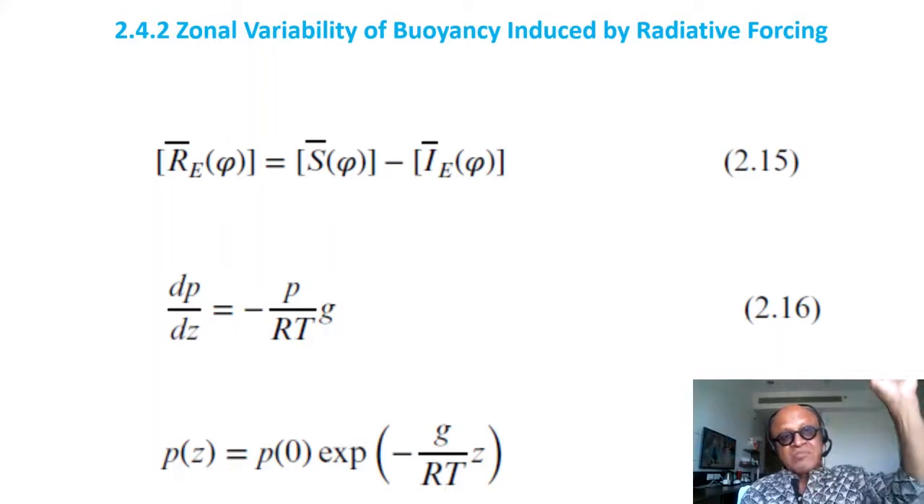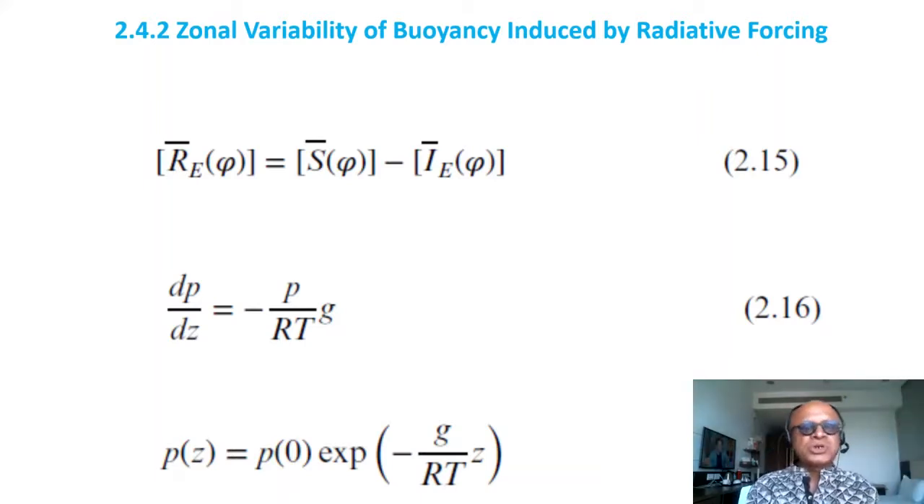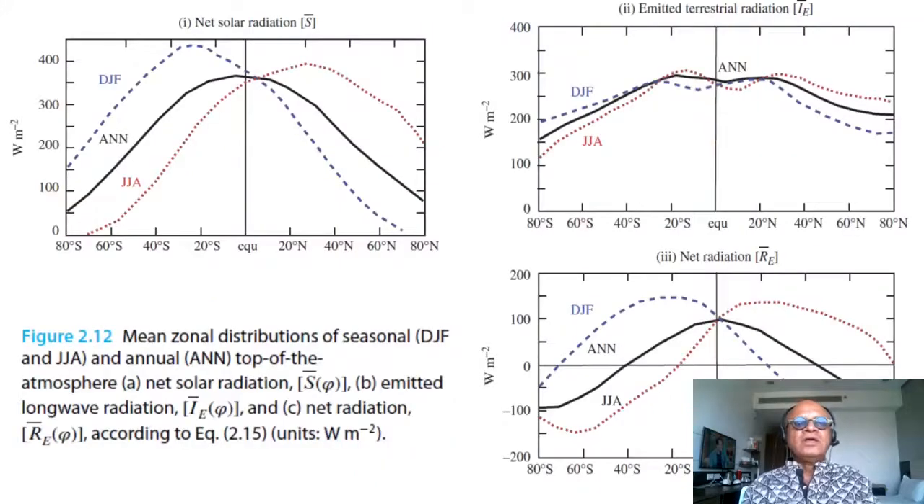Instead of looking at temperature stratification as we mostly do in the ocean, in the atmosphere it's more convenient to look at the pressure, which drops off with height, with the reference pressure times exponential of minus g over RT times z. For those who have seen this, you already know that this leads to a scale height and so on. But coming back to the mean zonal distributions for seasons and for the annual mean, we are looking at